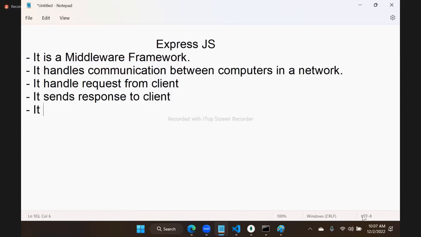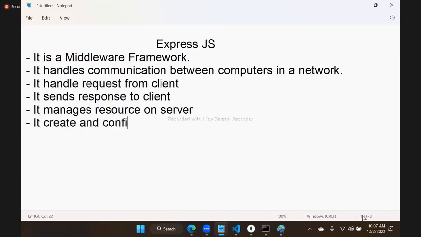Not only that, it manages resources on the server. Not only that, it creates and configures a server. That means through Express, you can create a server, you can manage request and response,